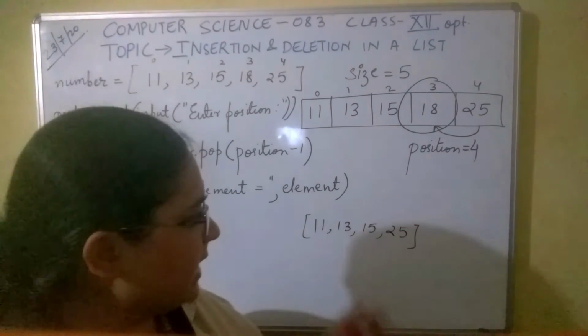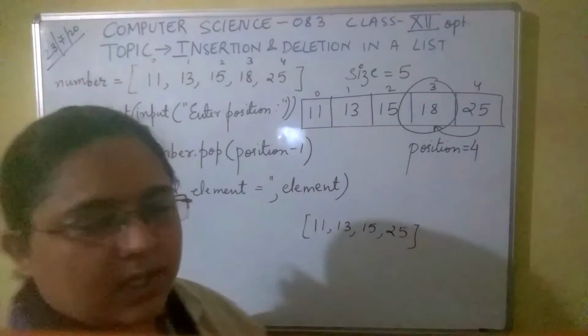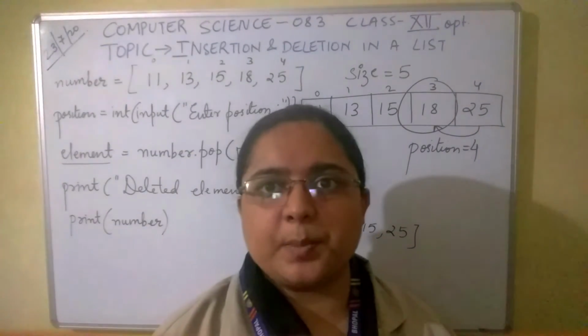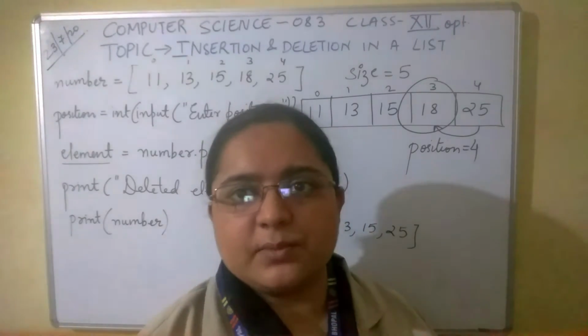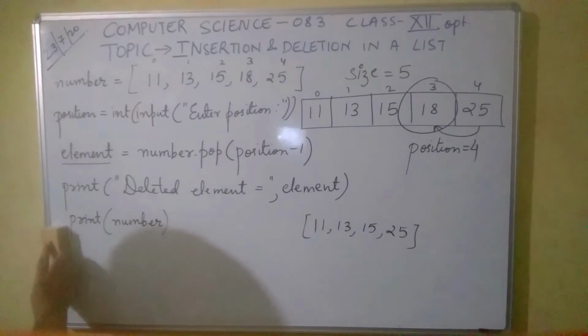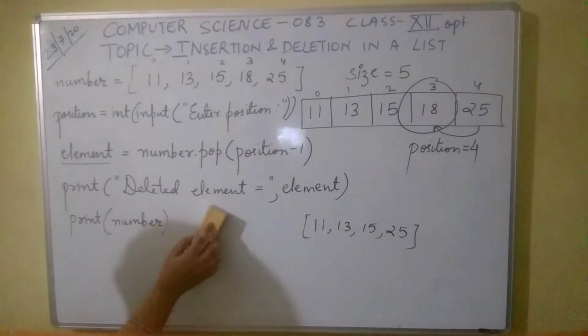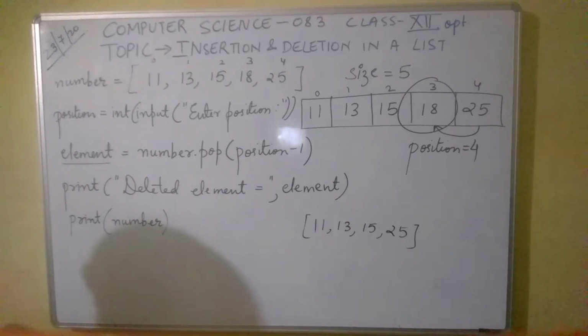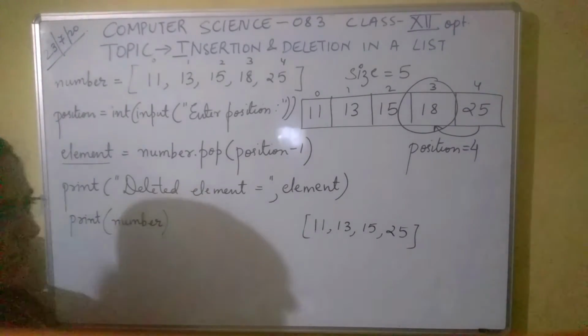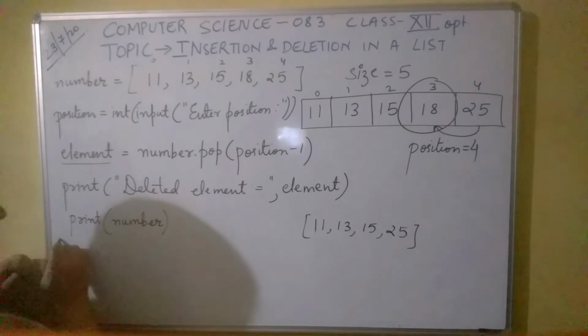It automatically adjusts the values. So you can see that insertion and deletion in a list are pretty straightforward when it comes to Python. Instead of pop, we can also make use of the other elements, but we won't be able to save anything in that. So for doing that, we can do it in this way.